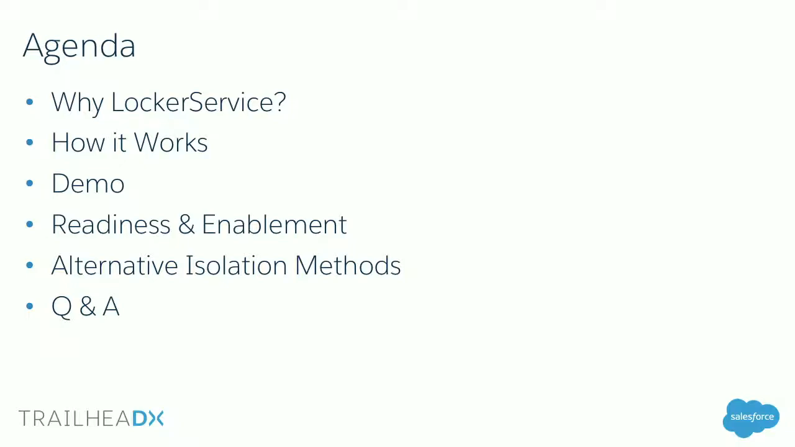Then going to get into readiness and enablement. This is an area that has changed over the last year in terms of how we're rolling out Locker service. So I want to make sure everybody understands what the rollout is and how you can control the rollout in readiness. Going to talk about alternative isolation methods as we get into isolation and why it's needed,